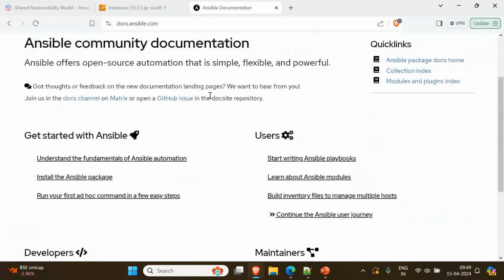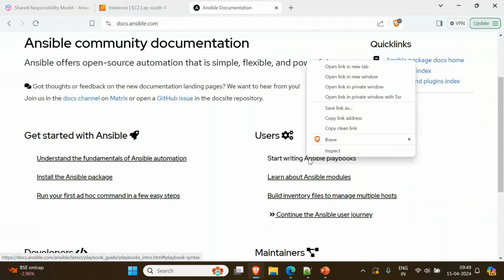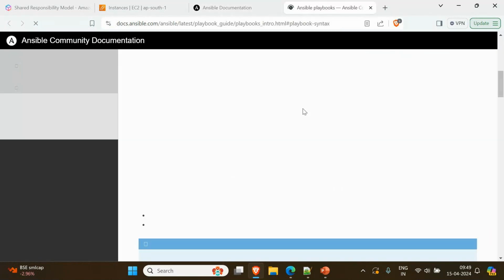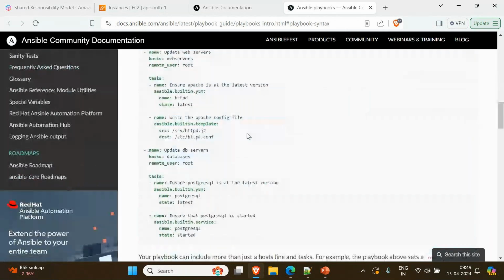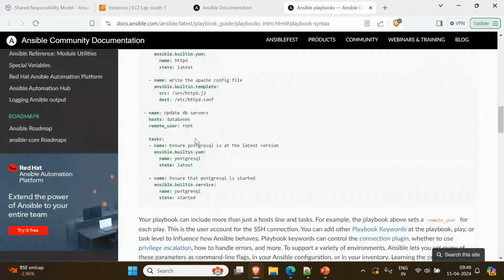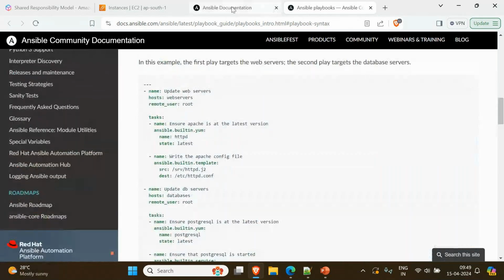In this we have various packages and libraries available. Learn about Ansible modules. Start writing Ansible playbooks. When you right click on start writing Ansible playbooks, open in a new tab. Here the playbook syntax is explained, how it looks like. This is an example of a playbook. And if you go to modules, for example,